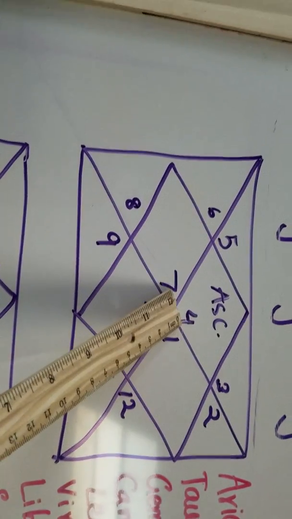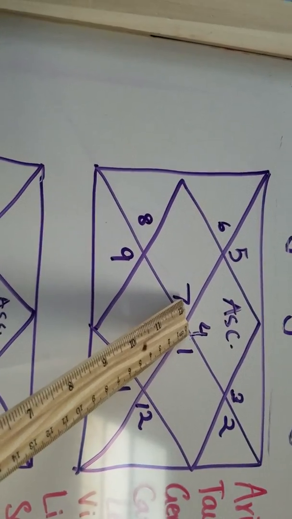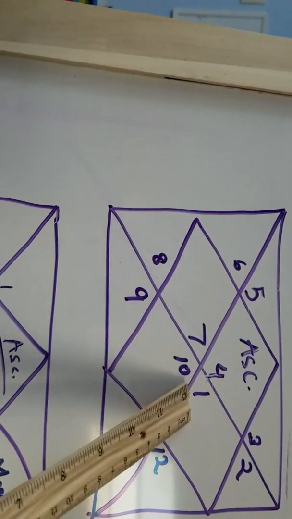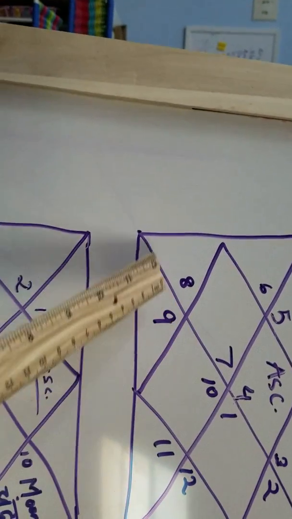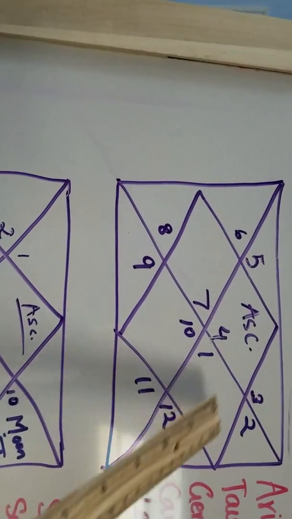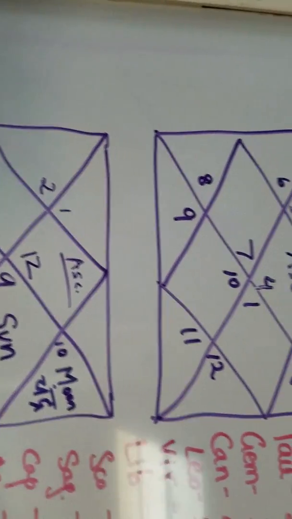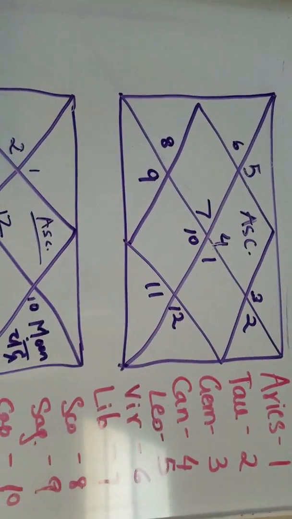And when you see 4 here, which is house number 1, where is house number 2? Do you remember where house number 2 is? You go anti-clockwise, you go this way. So here, that's house number 2. So if this is 4, this has to be 5, which is Leo, and then 6, 7, 8, 9, 10, 11, 12, 1, 2, 3. Got it? If you did not, write me your questions and maybe I will do a live video for you